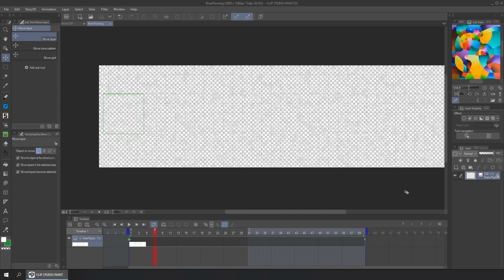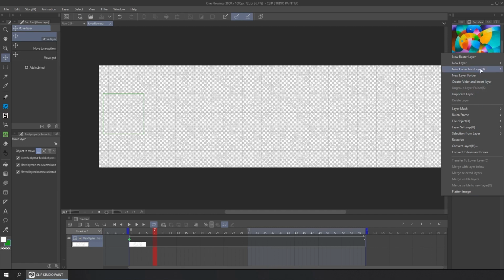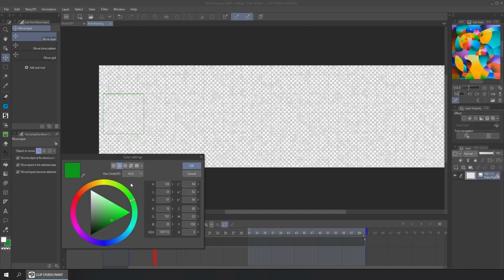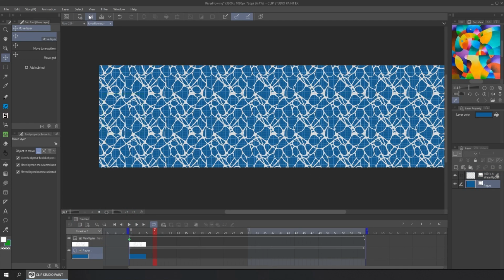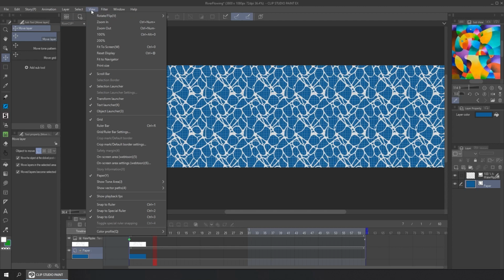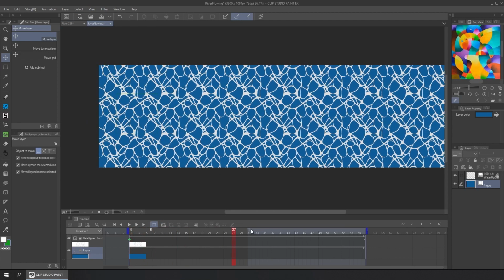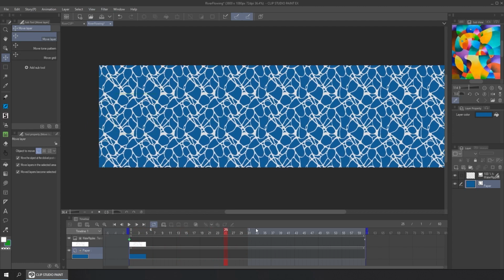But there is a problem. We can't do this in this file because it is an animated layer. So if we make a change, it will make the change in the layer, but the effect will not change over time. So we need to convert the layer to an image sequence.